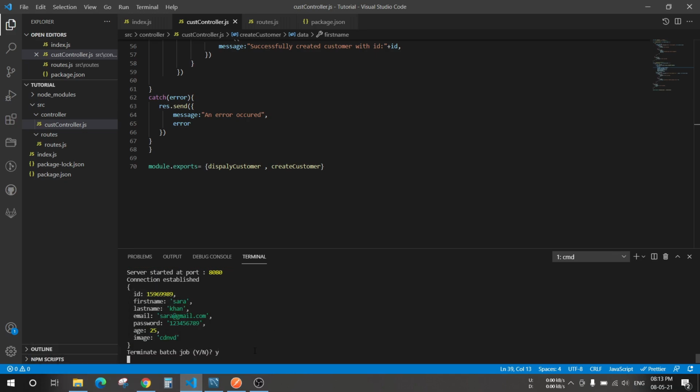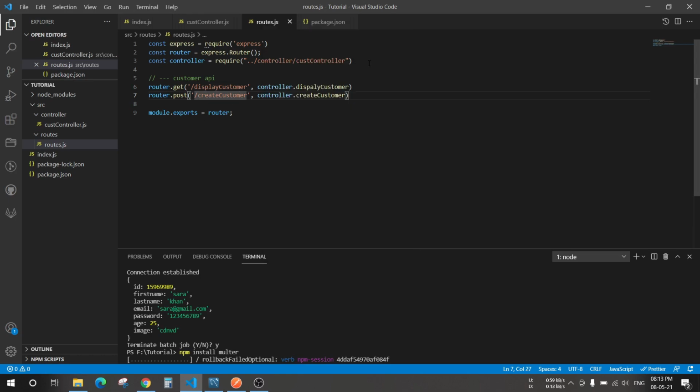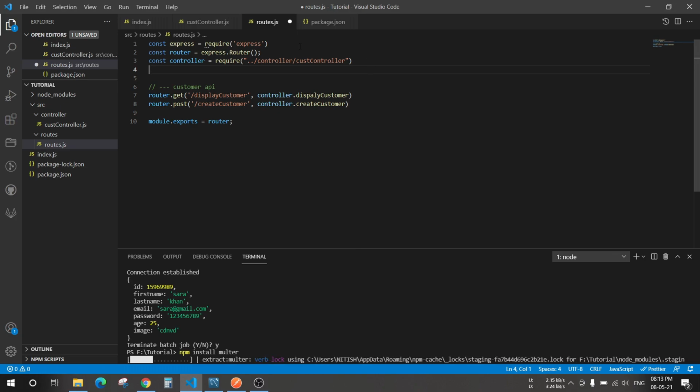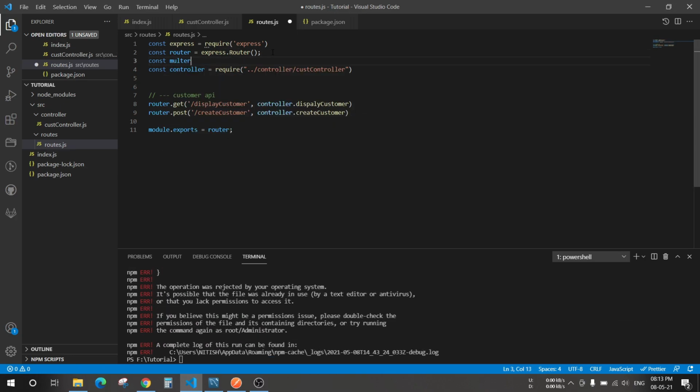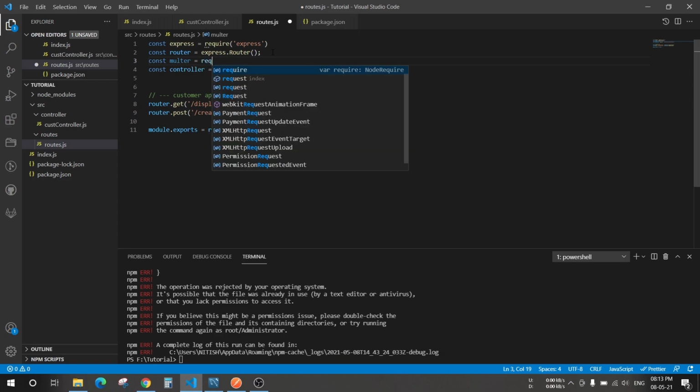Let's install Multer. Once it is installed, we'll go to our routes folder and here we'll require multer. Const multer equals to require.